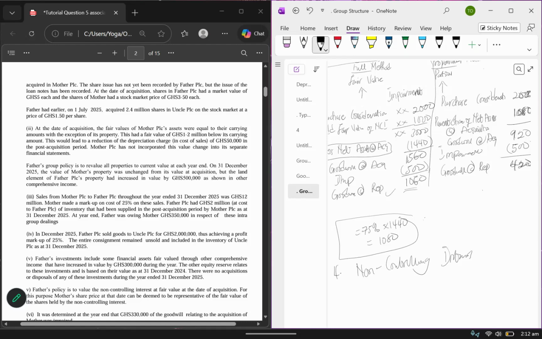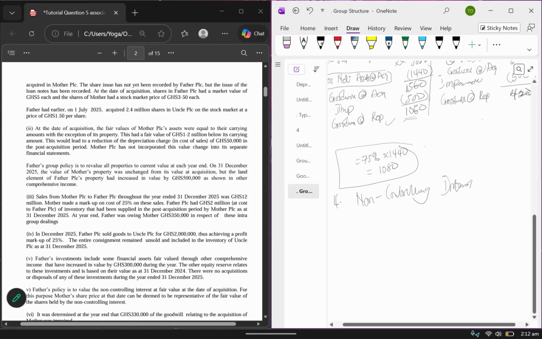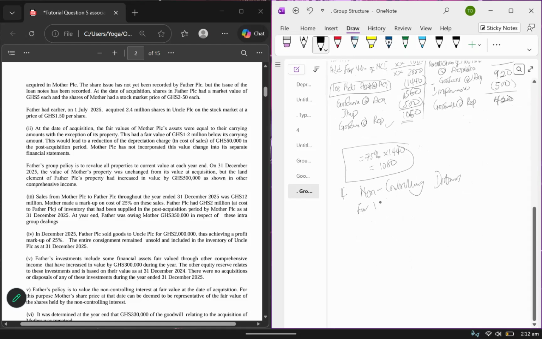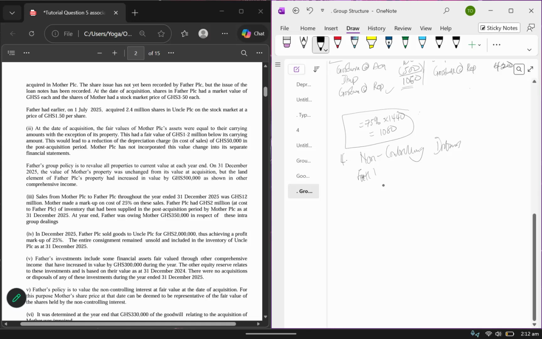And then when you are doing for non-controlling interest here too, so non-controlling interest, fair value. So if you were using the fair value method or the full method,